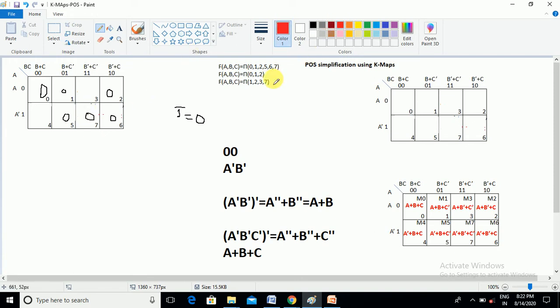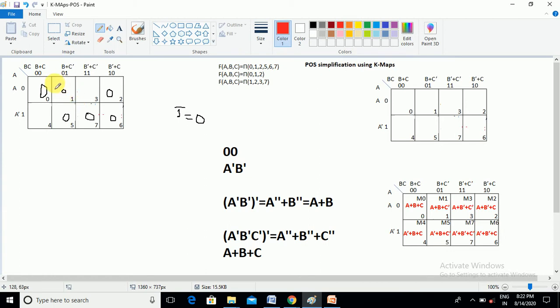There is no change in the rules of mapping. All rules are common. Simply we need to go for the maximum cell combination, the group with the maximum cells. If not possible, try with overlap. If that is not possible either, then you go to the lower level mapping. Okay, now here I want to try with the 0 and 1 combination.